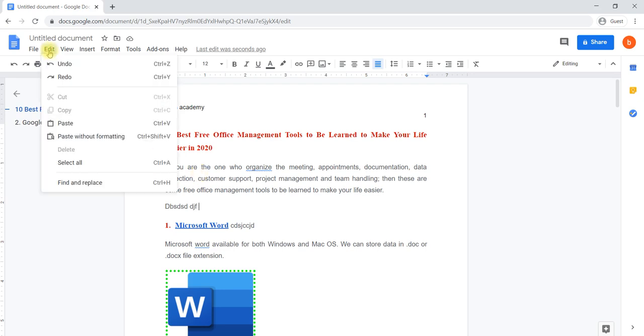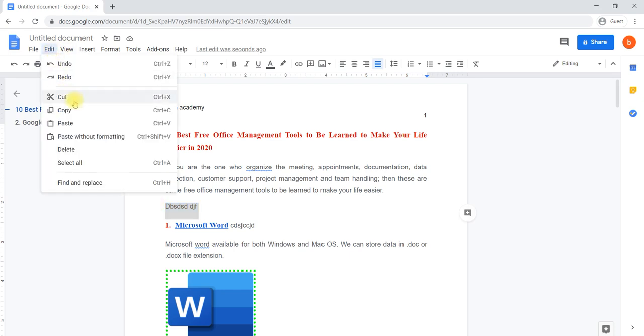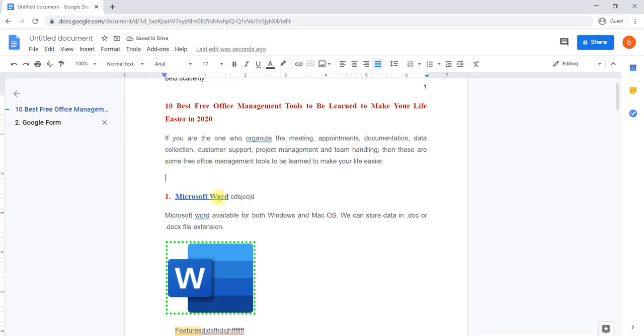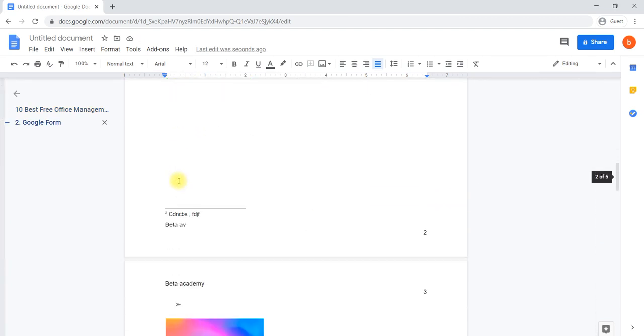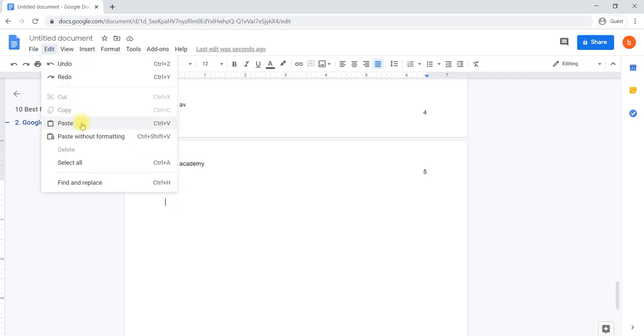Then it is about Cut. Cut is nothing but you have to select anything, the words or any line, which you would like to cut down. You can go to Edit and say Cut. It will be deleted from your document. You can cut from here and paste somewhere else also. That is the difference between deleting and cut. Cut temporarily deletes it.